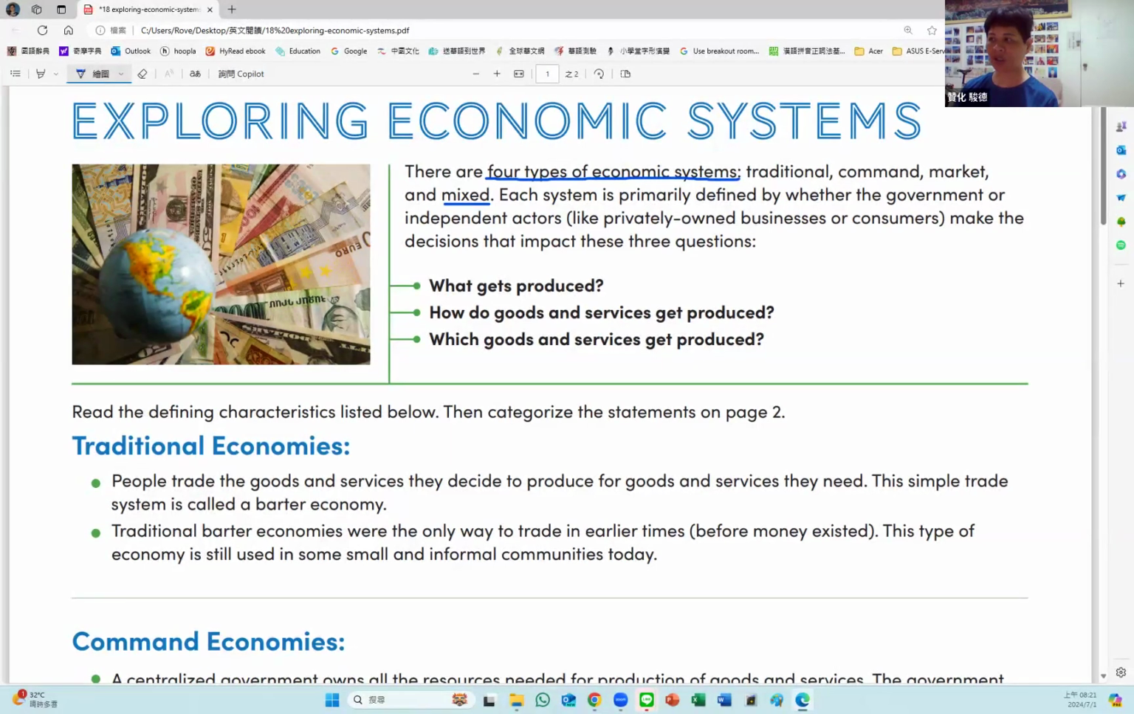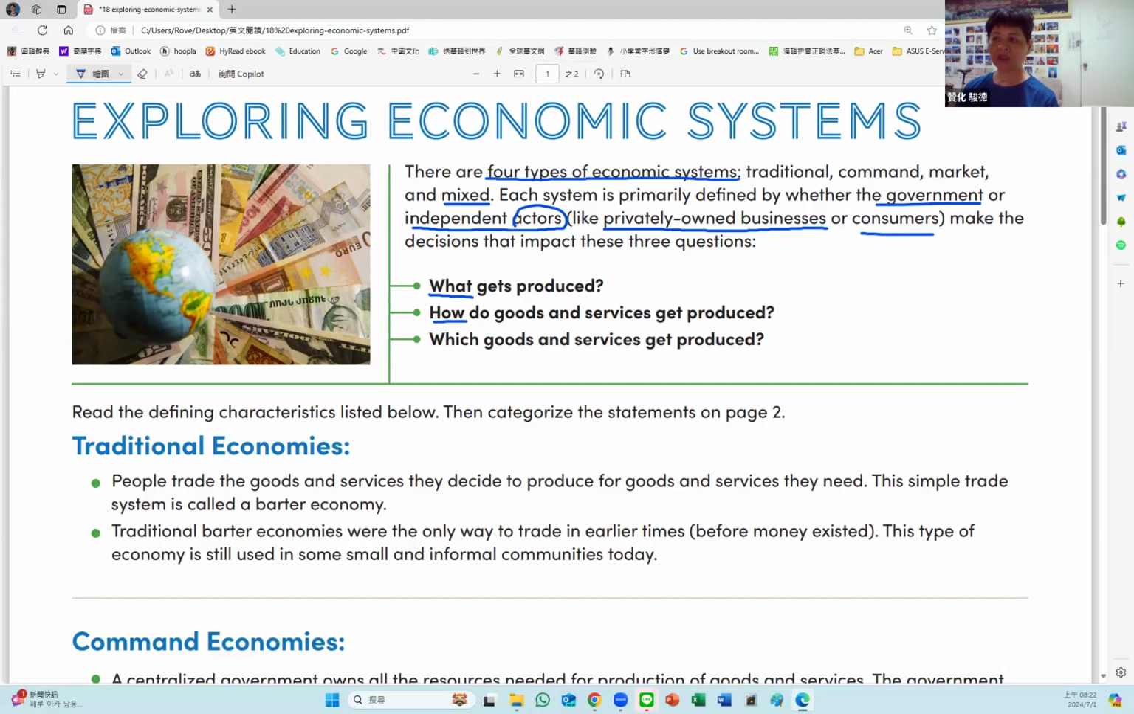Primarily defined by whether the government or independent actors. Here, the actor we are talking about is not an actor in a film, but a person who takes action. Okay, like privately owned businesses. Like this word we learned before, enterprise, private enterprises. Those are independent businesses, companies run by individuals. All right, or consumers, they make the decisions that impact these three questions: what,